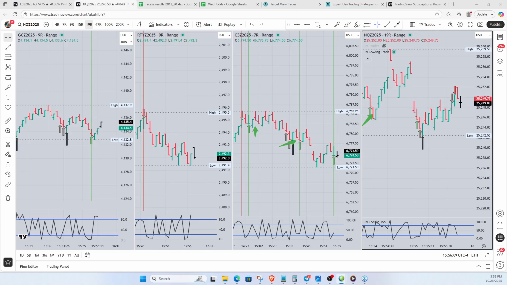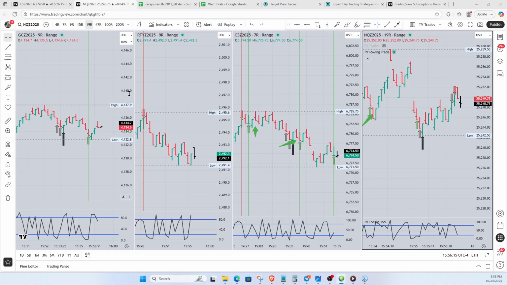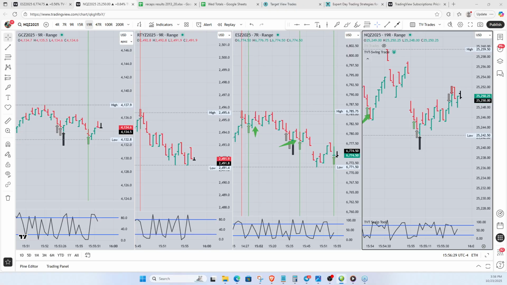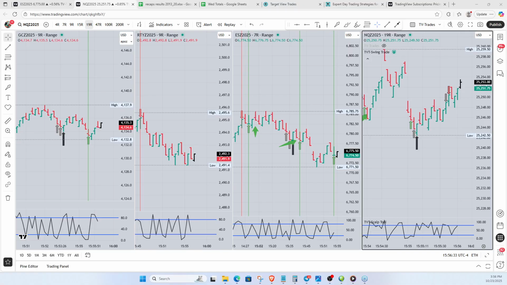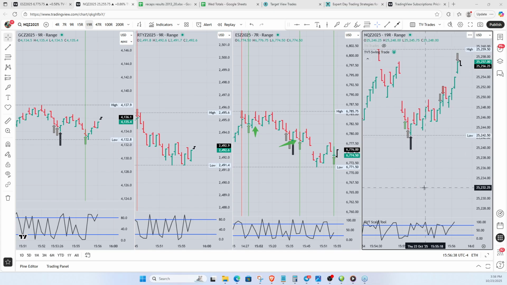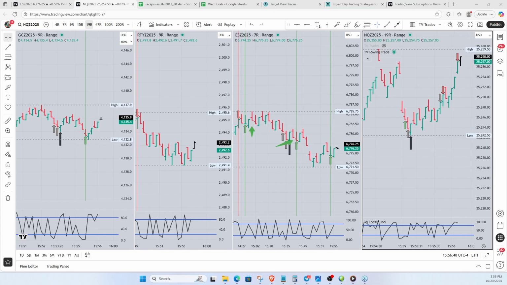Okay. I didn't see this over here on the gold. That was a nice trade there. All the other alerts that I've created in the past are working. They're all triggering like they should. So it's just something I just created today. It's got to be something to do with this thing.